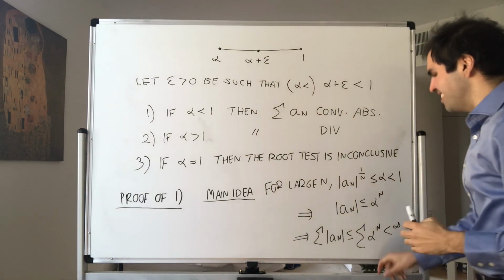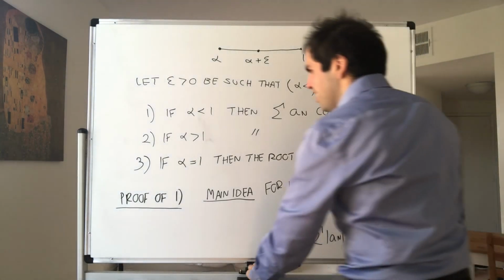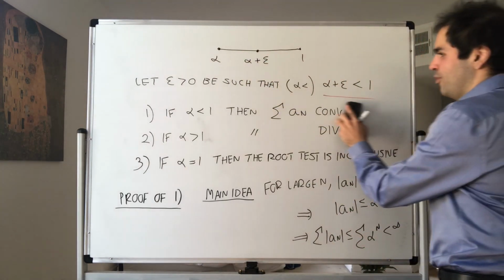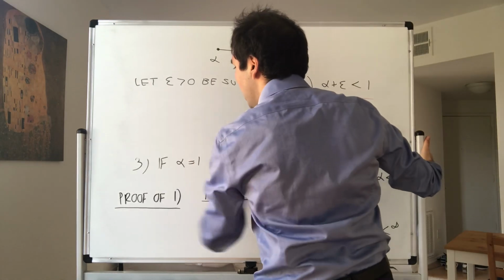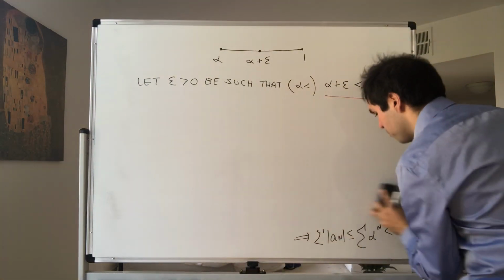But it's this part that's very important, because this will be your geometric series part. And again, we need this because we need a little bit of wiggle room between alpha and 1. And it also explains why for alpha equals 1, this proof doesn't work. Now,